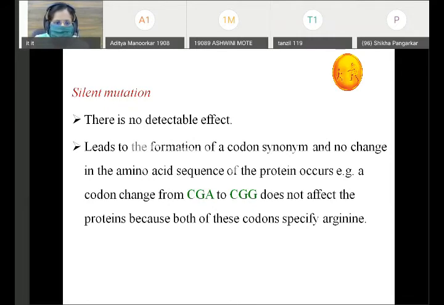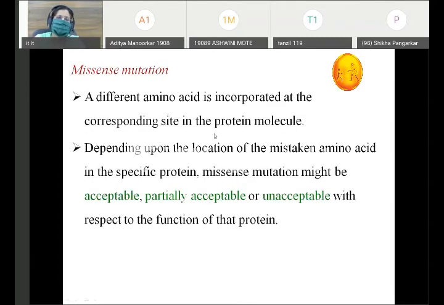For example, a codon change from CGA to CGG does not affect the protein because both of these codons specify arginine. The degeneracy of code helps here. Now coming to missense mutation. A different amino acid is incorporated. Indeed, there is a change in the protein synthesized, depending on the location of the mistaken amino